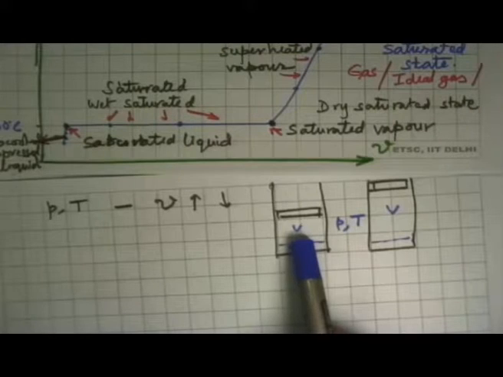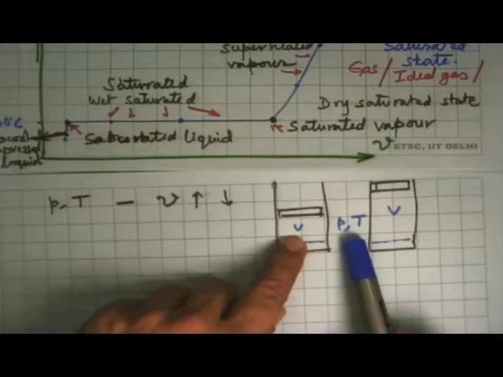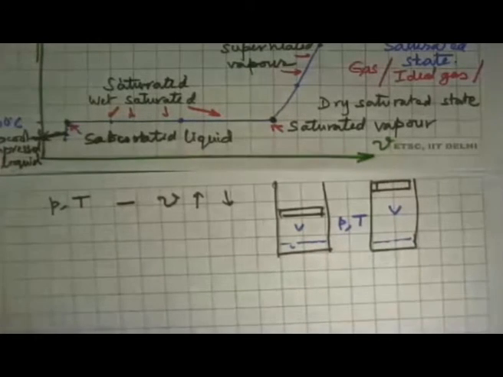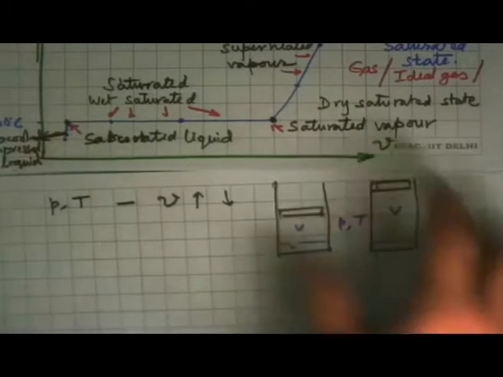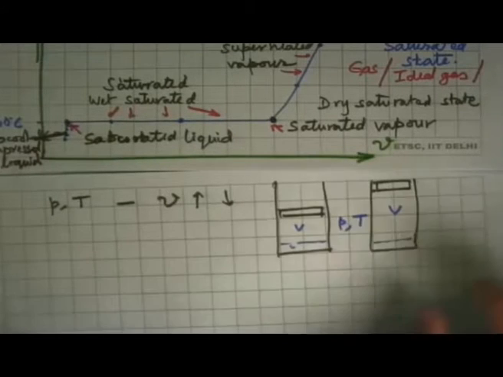We now have a problem, because at the same pressure and temperature, this specific volume is also possible, and this specific volume is also possible. So what it's telling us is that P and T are just not enough by themselves to tell us everything about the system, and what we get is that in saturated states,